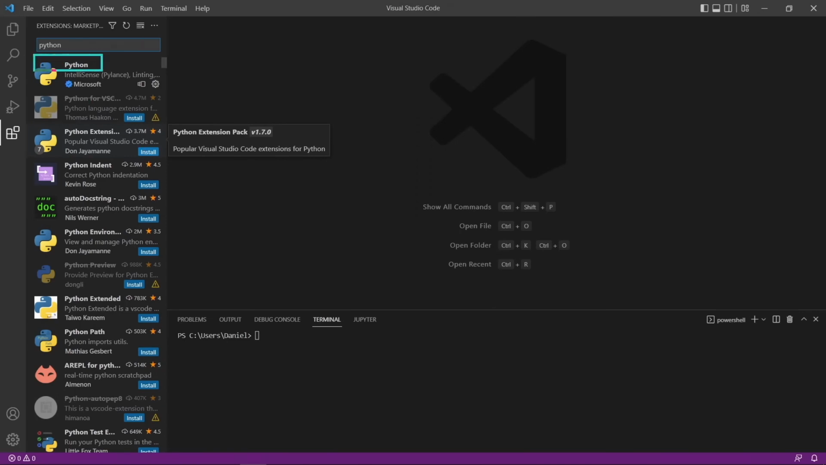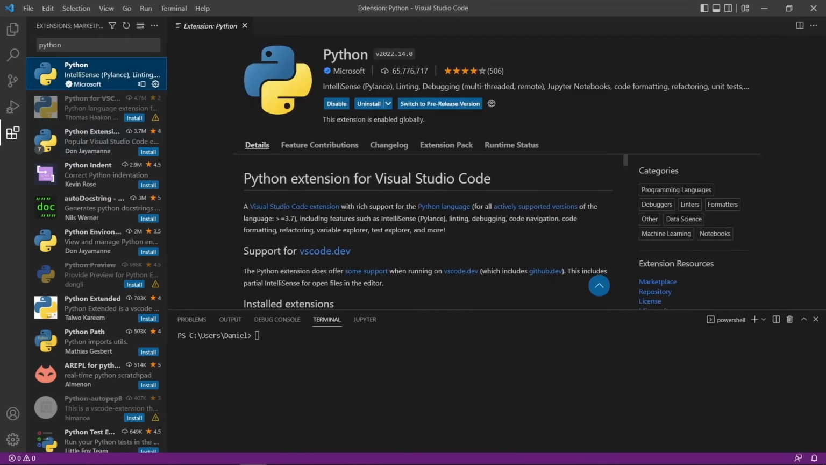And I want you to choose the one that says Python here. Okay, the one from Microsoft. If you click on it, it's going to say IntelliSense, linting, debugging for Visual Studio Code. You will click on install and wait for it to be installed. And at that moment, you will be ready to start using Visual Studio Code to develop Qt for Python applications